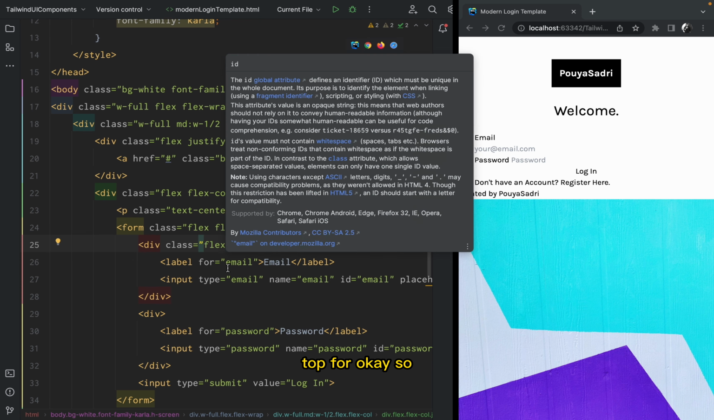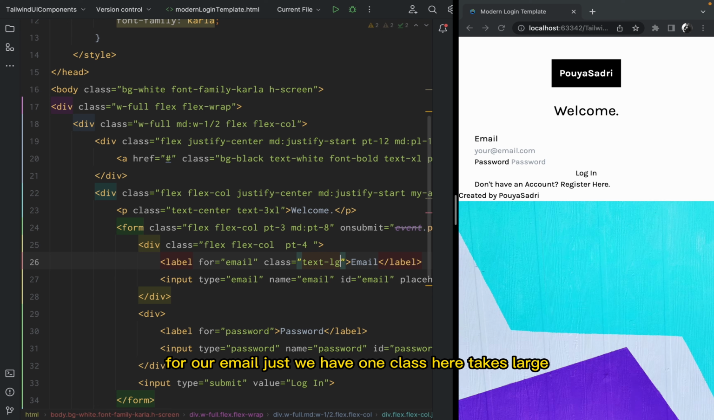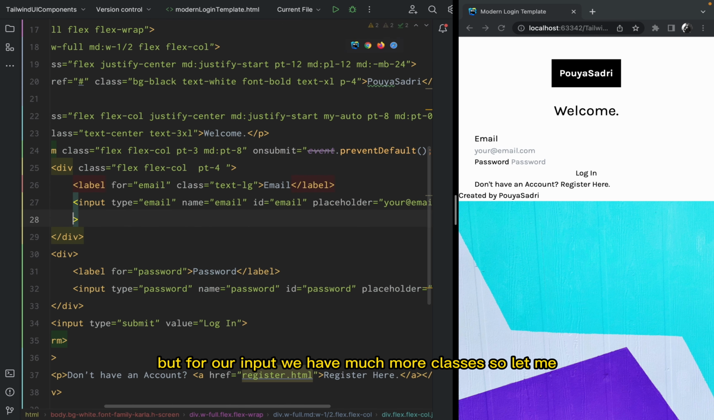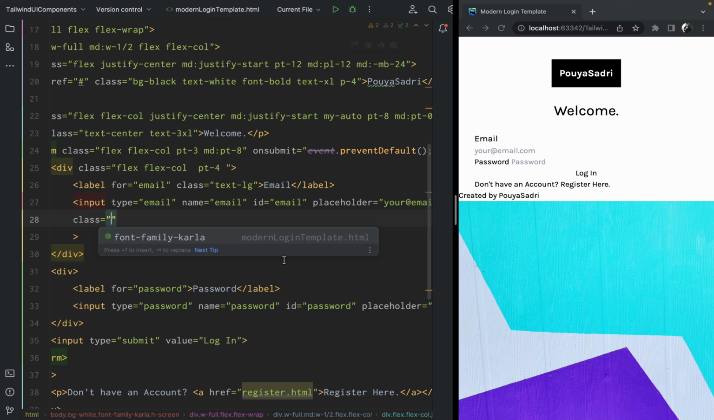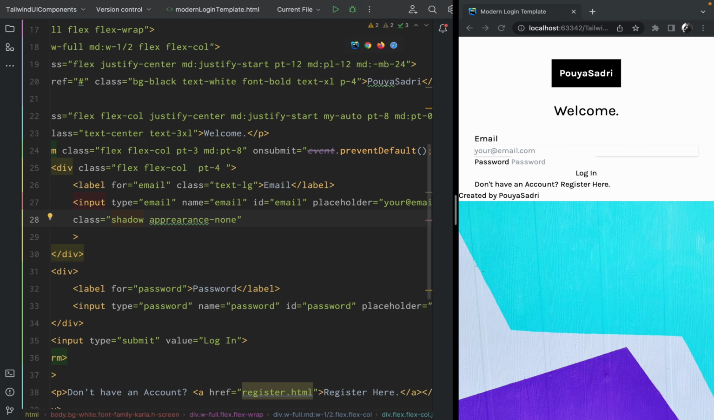Okay, so for our email label, we just have one class here. We have text large, but for our input, we have much more classes. We have a class of shadow and appearance none. Let me just copy and paste it. Appearance none. Yep. And we have a border, rounded,